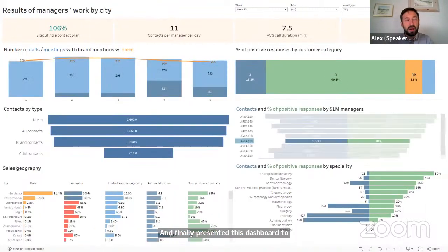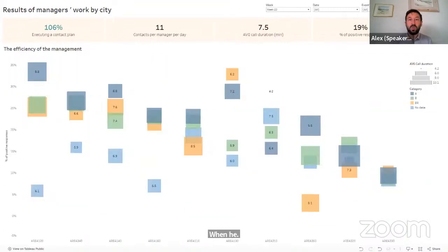And what do you think? What did this director say when he saw this dashboard for the first time? What was his first impression?